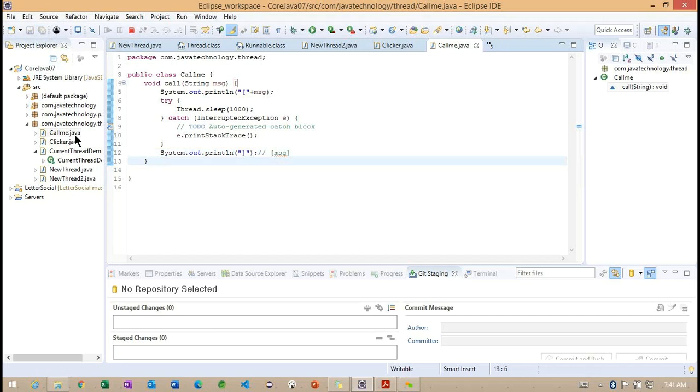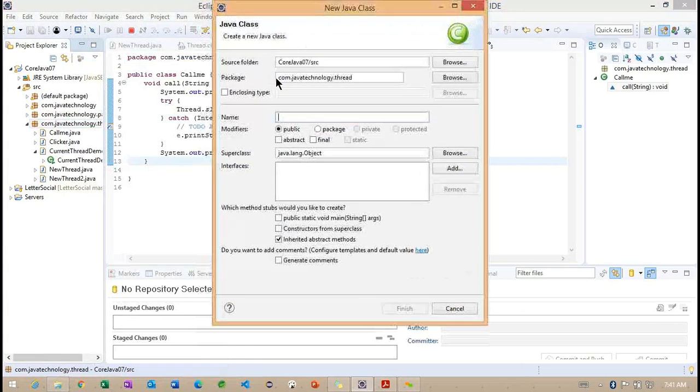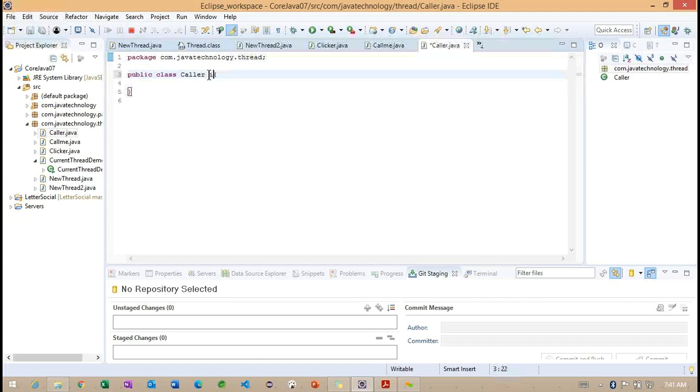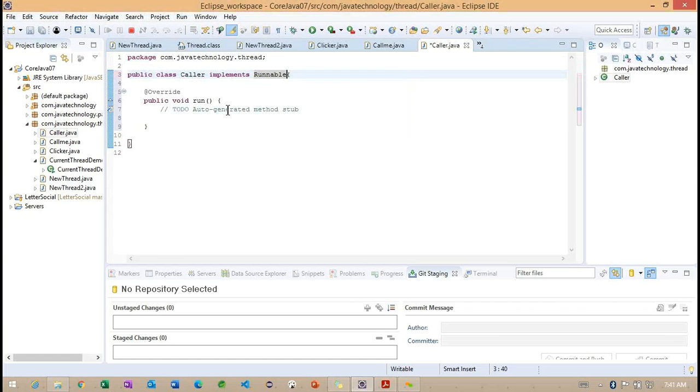Okay. After this, let me save this example. I'm creating one more class here called Caller, and it implements the Runnable interface.